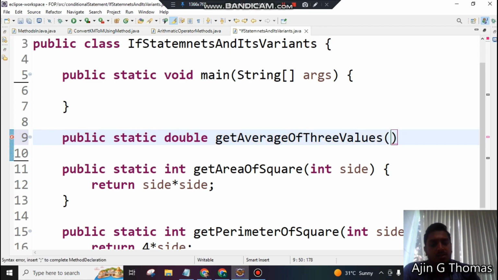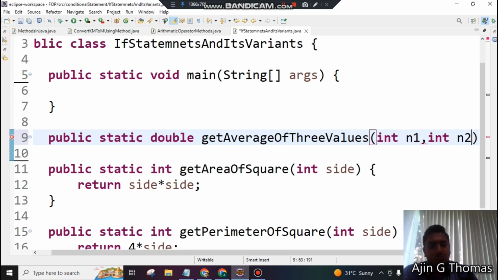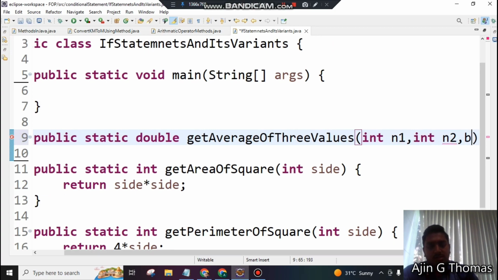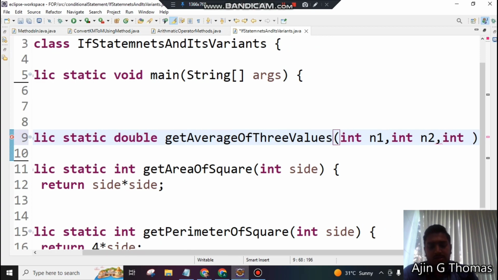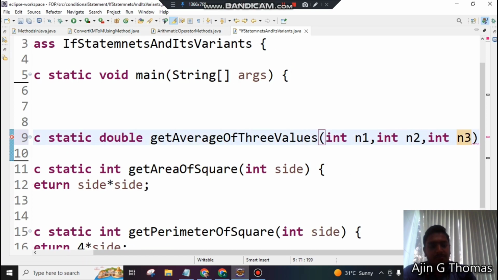Then how many data are required? 3. Okay, int n1, int n2, int n3. Then